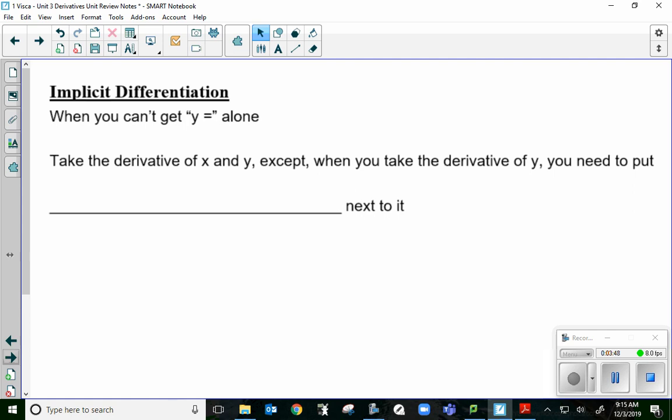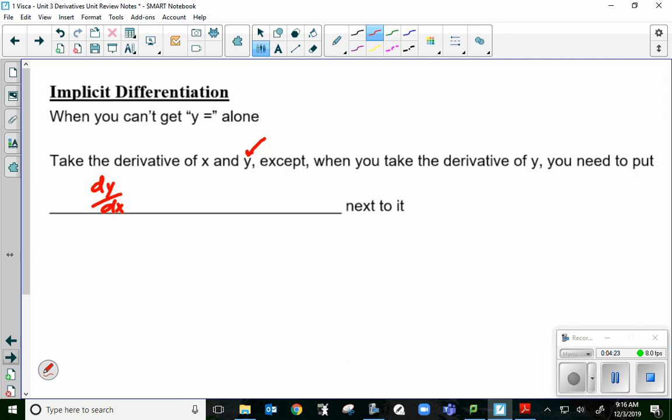Okay, implicit differentiation. Let's review this. When you can't get y equals alone, when you have two terms, both with y's, that you cannot combine, you need to use implicit differentiation, all right? So what we do is we take the derivative of x and y. We take the derivative of y and treat it just like it's x, except when you take the derivative of y, you need to put dy